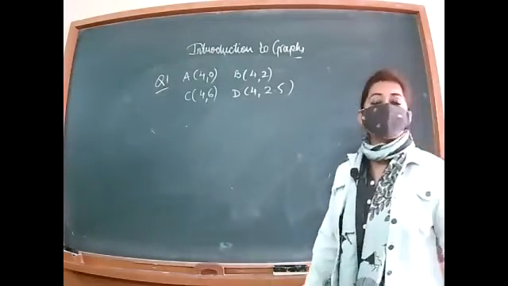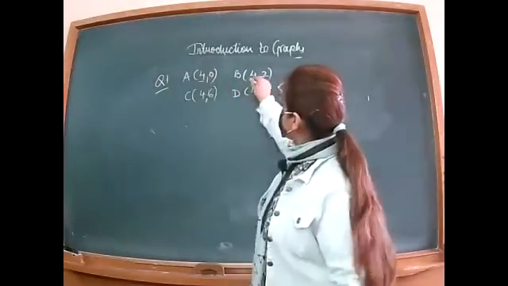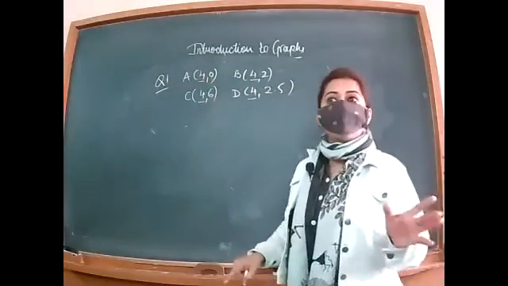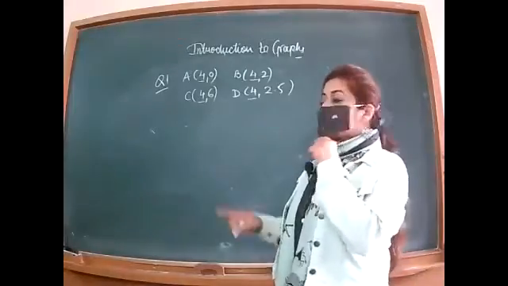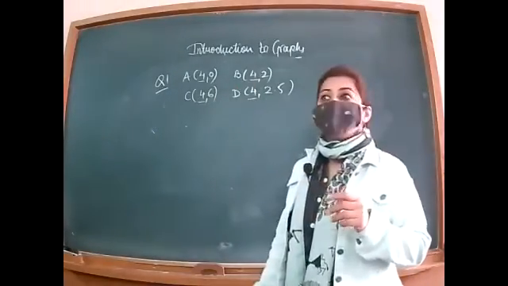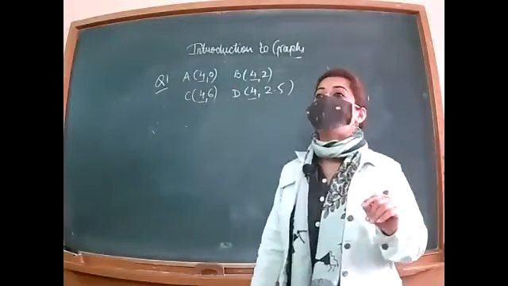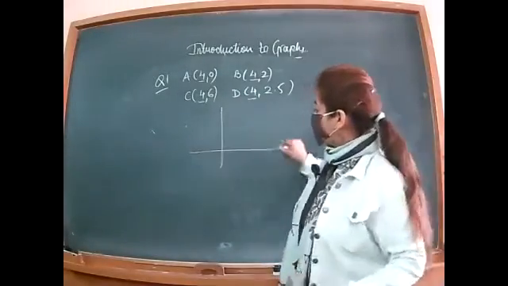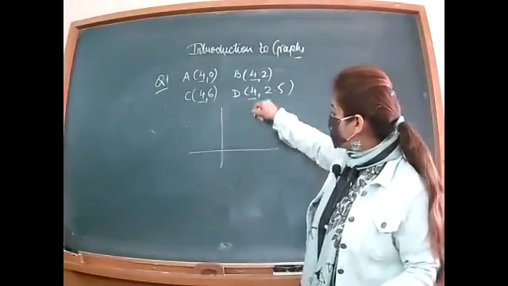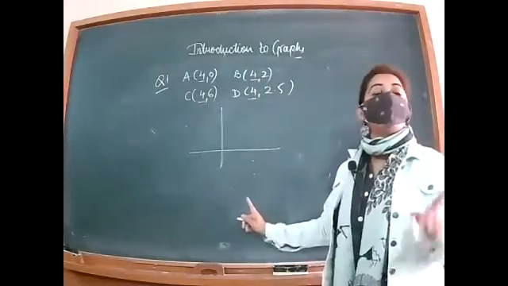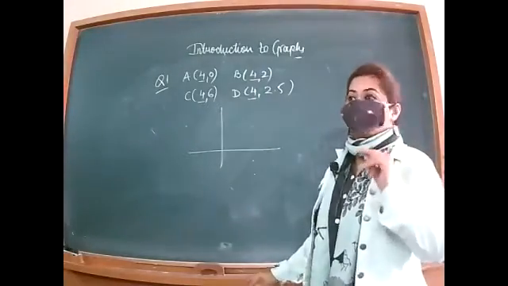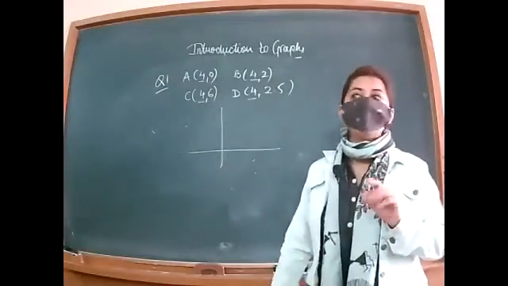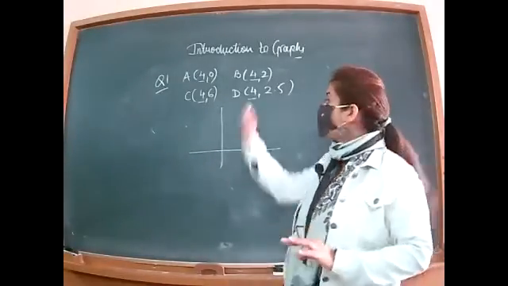One more thing, listen everybody. In all the 4 points, the first coordinate, that is 4, representing the x-axis, is the same. इसका मतलब it will definitely pass through a line. x सेम आ रहा है ना, इसका मतलब जब आप इसे प्लॉट करोगे इस तरह से, सबका 4 वाला पॉइंट सेम आएगा, it will pass through a straight line. अगर x वाला सेम है तब भी स्ट्रेट लाइन पे आएगा, y वाला सेम है तब भी स्ट्रेट लाइन पे आएगा, तो आपको इससे पता चल जाएगा। चलो करो प्लॉट,